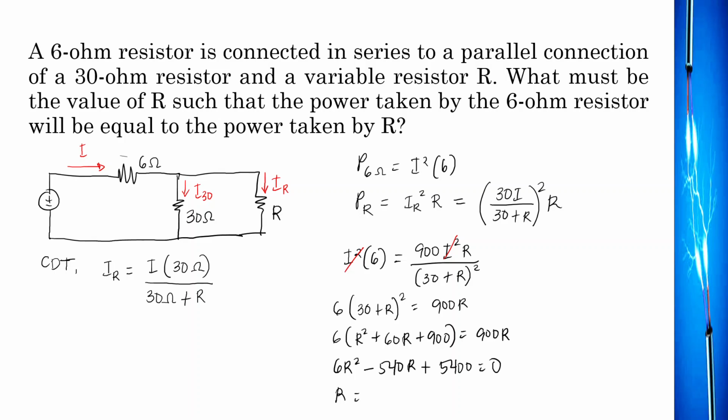So, dalawa ang possible, no? Dahil, syempre, quadratic equation, dalawa yan. So, dalawa yung nakuha ko. So, una is 11.46 ohms. Tapos, yung isa naman ay 78.54 ohms. So, ito yung magiging answer natin. Okay, para sa problem na to. So, dalawa ang sagot natin. Or, either sa dalawa na yan. Okay? Yung answer. So, either 11.46 ohms or 78.54 ohms. Since this is a variable resistor, so yan yung magiging